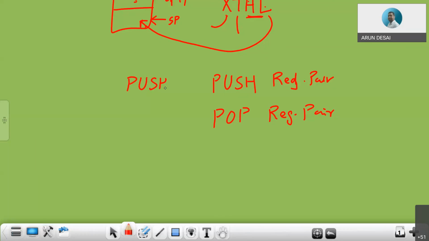The next is PUSH, with a register pair. Where to push? Push the content from that register pair onto the stack. This is basically a register pair. So content from the lower register is pushed onto stack top, decrement that register,